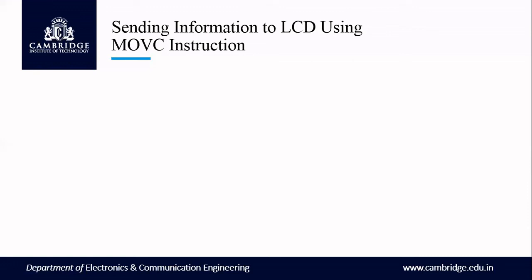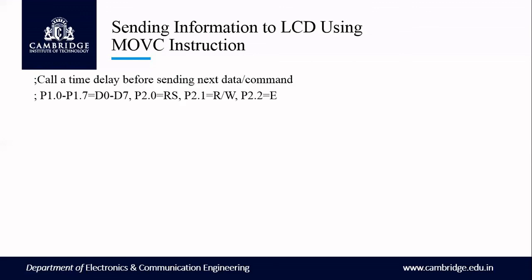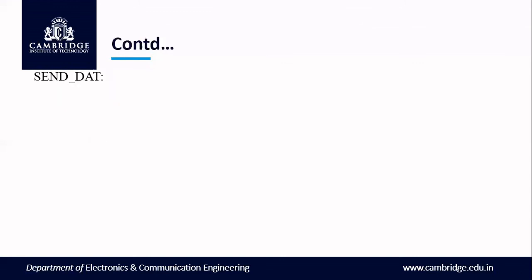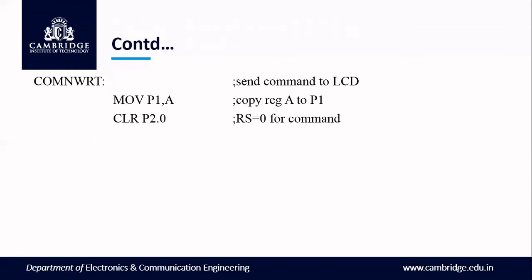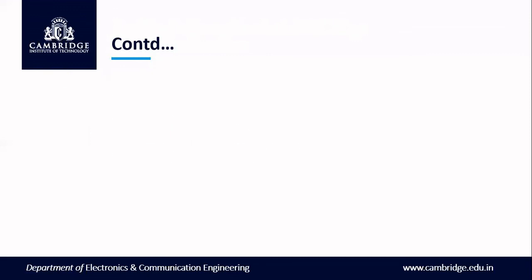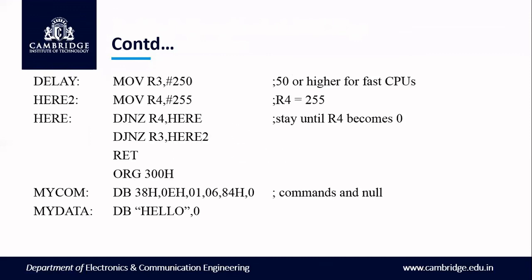So let us see here. We'll write the code for the string of characters and the data, means your command codes. So I'll go back, means I'll show you how the string of characters will be written and the lookup table for the command codes. So here we can observe my command codes. I'll define this as a define byte, means the assembler directive we use.